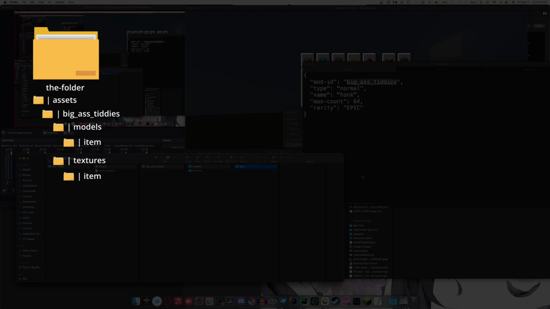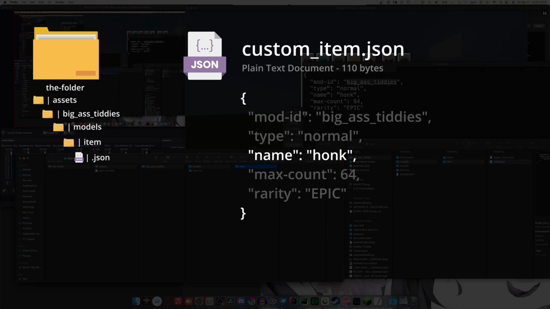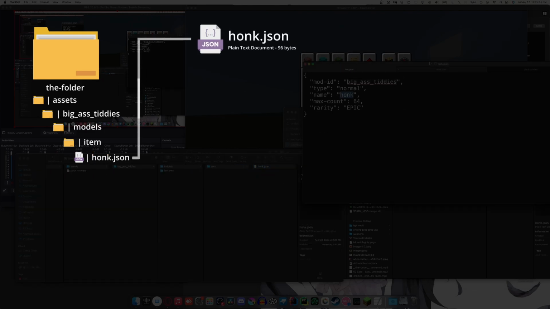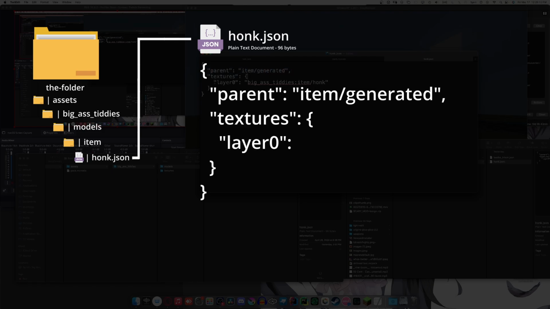And now inside of the item folder, inside of the models folder, we would create a JSON file that corresponds to the item name. So this JSON file will be named honk.json. And inside of honk.json is very simple. It starts with parent, and then parent will contain item/generated. This will make it a 2D item. And then you have textures, which contains layer0. It does your mod ID, so big ass titties